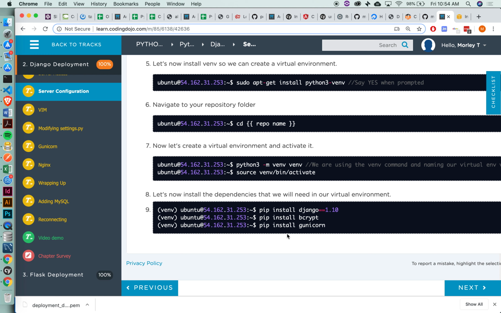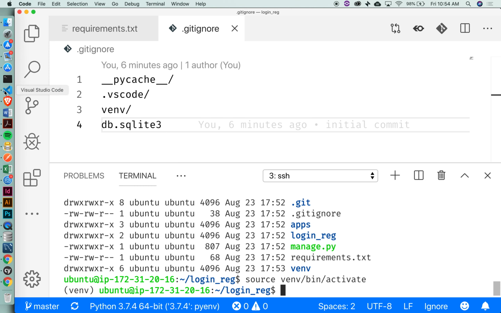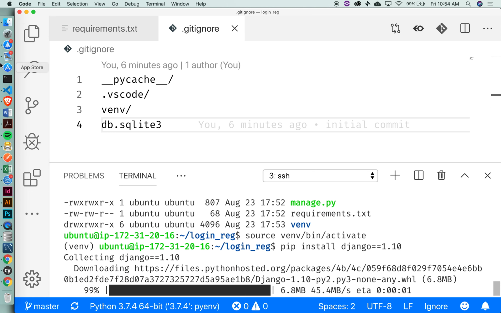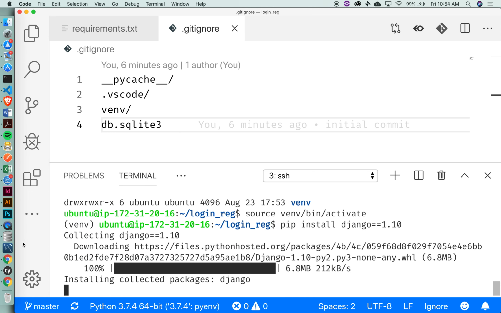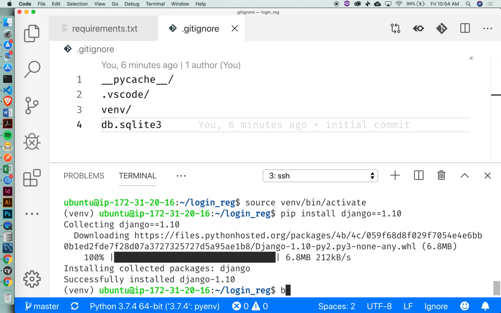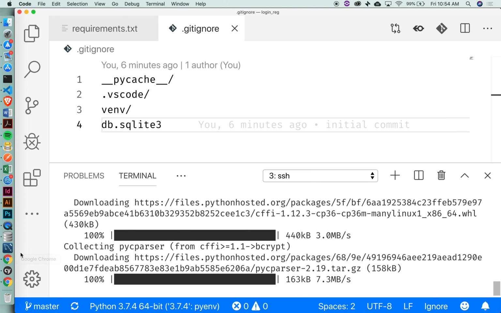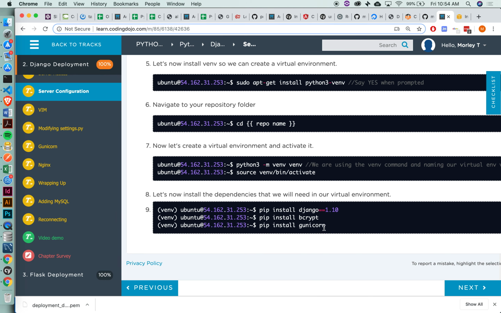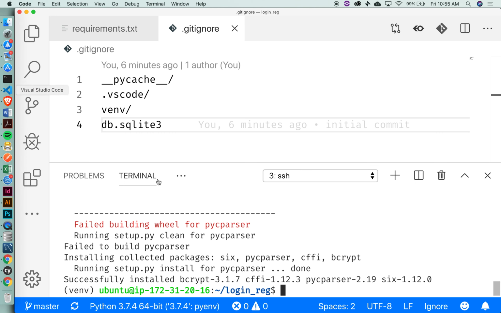Now we have to install the dependencies that we need. So obviously we need Django. Okay, so pip install Django equals 1.0. Okay, and then we want to install bcrypt. So pip install bcrypt. And then the other thing that we want is this thing called Gunicorn. Okay, and that's going to do some other work for us, which we'll get to in a little bit. So pip install